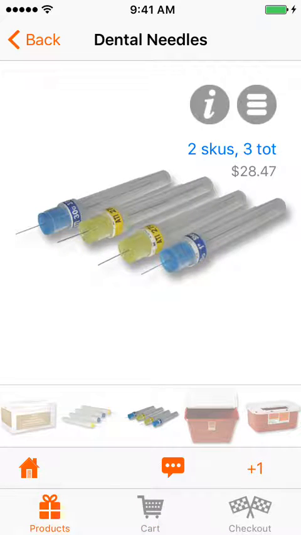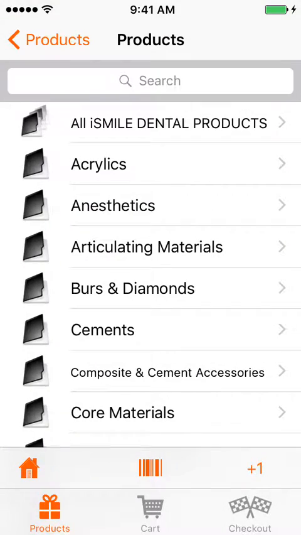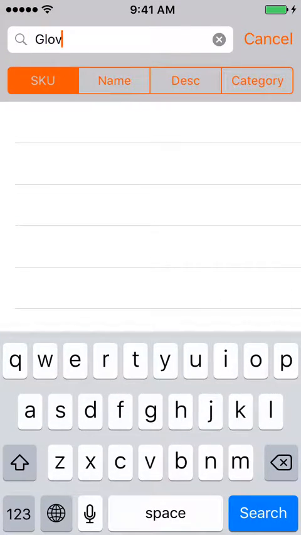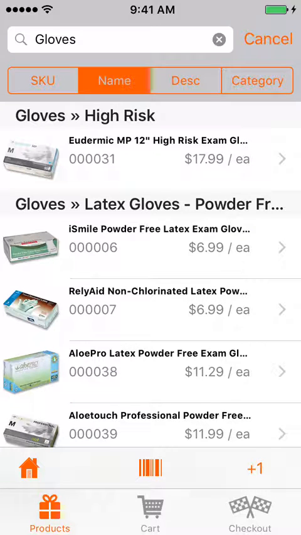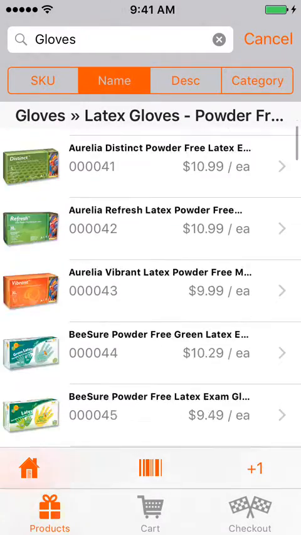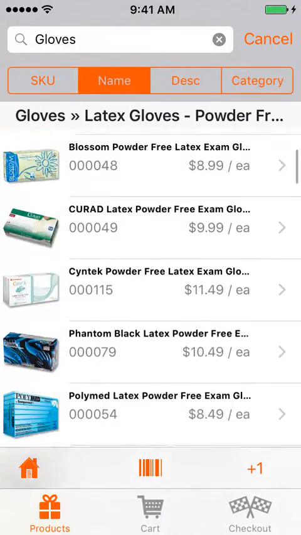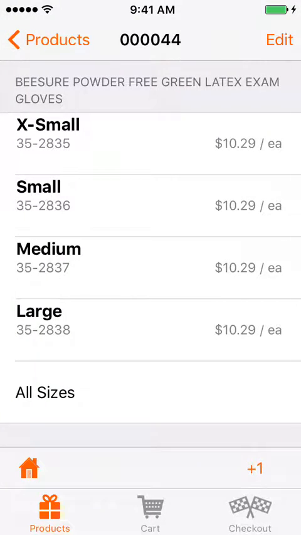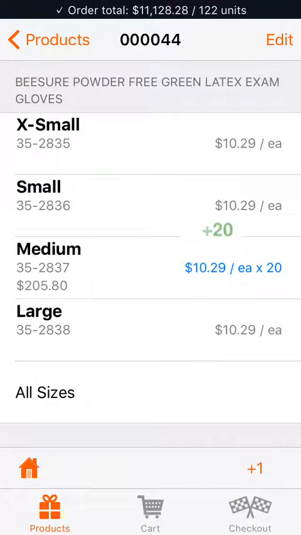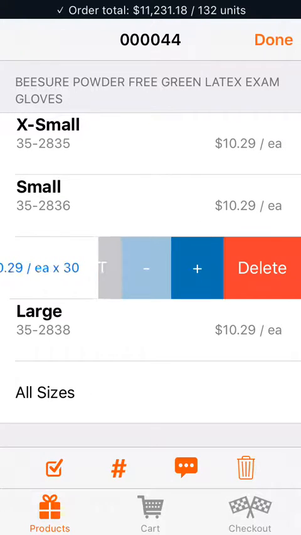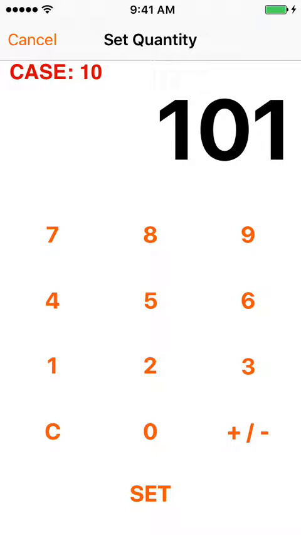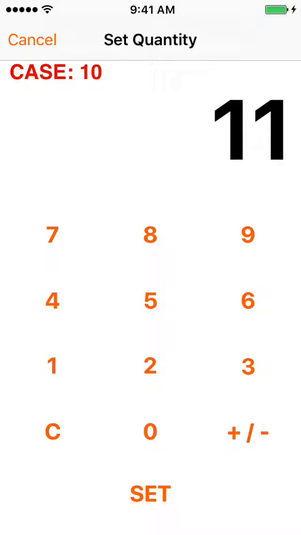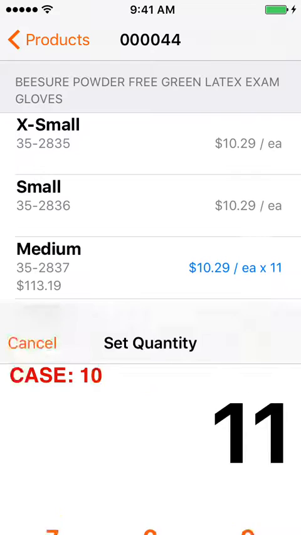Another thing to note, I'm just going to go back to the products, and I'm going to search for gloves. I'm going to search the name gloves, and now all the glove options are coming up down below. So if we tap into one of these and we add them to an order, we see that they add in multiples of 10. So if you did want to adjust that, you can, keeping in mind that the quantity for the case has been set to 10. So if you want 11, it'll still warn you that a case would be 10, but you can still add that